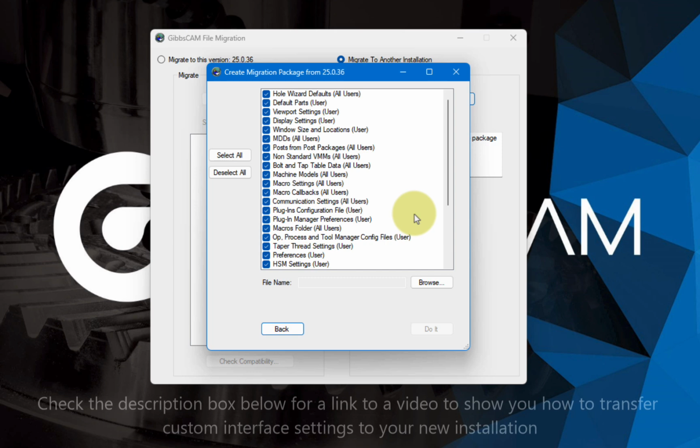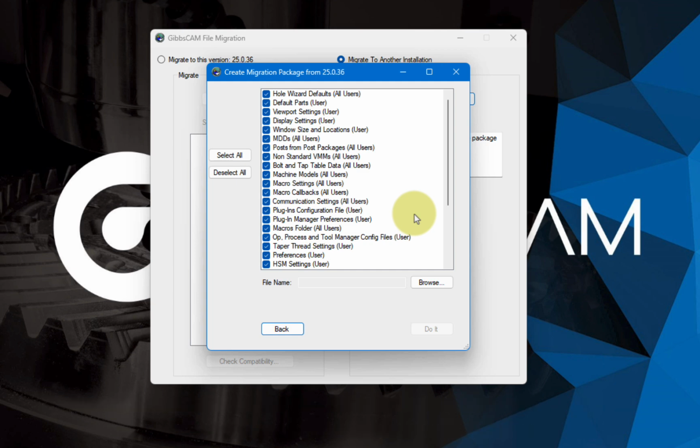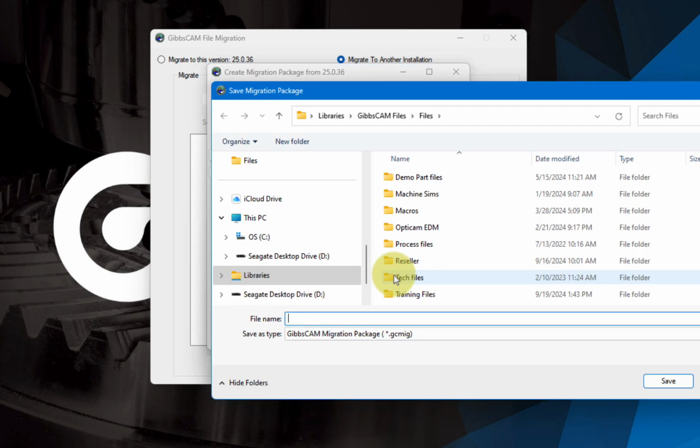Now the thing it won't do is the CUI file. If you've created a custom interface, you'll have to save that somewhere else, somewhere safe where you can find it, right? That's the only thing. So here I'm going to hit Browse, and I'm going to save this file,